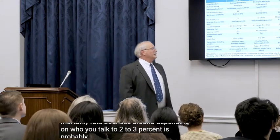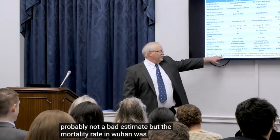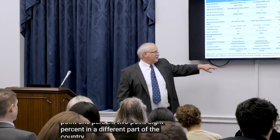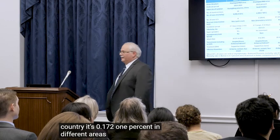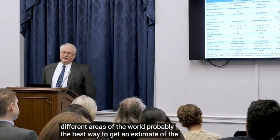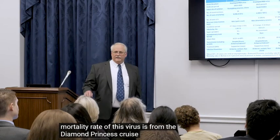2 to 3% is probably not a bad estimate, but the mortality rate in Wuhan was about 4.1%, 2.8% in a different part of the country. It's 0.17 to 1% in different areas of the world. Probably the best way to get an estimate of the mortality rate of this virus is from the Diamond Princess cruise ship,